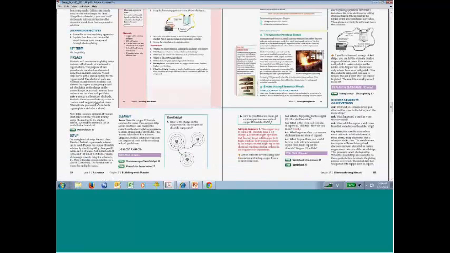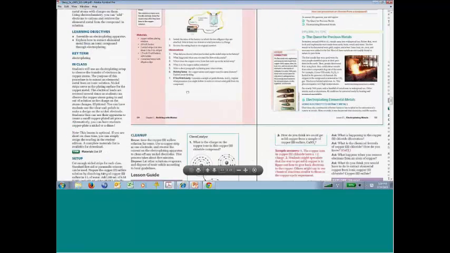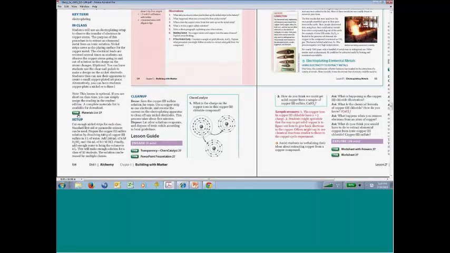You'll see, if you notice, throughout the teacher edition, we have what's called the teacher resource materials button. And this particular button lets you know that there's a downloadable item that goes with this. So, for example, there's a downloadable materials list. There's a transparency of this particular chem catalyst that you can show on the board. There's a PowerPoint presentation that goes with it. All of these items